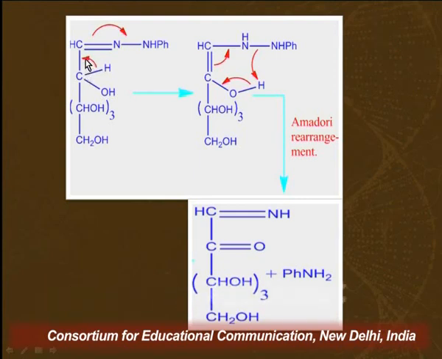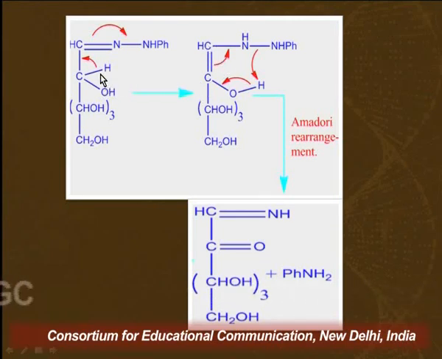And now see, if there is a double bond between carbon and carbon here, and we have a double bond here also, that means the valency of carbon is 5, which is not possible. So what happens immediately is that these pi electrons will migrate onto this nitrogen. Now this nitrogen will have a negative charge on it. Since it has a negative charge on it, this proton migrates from here to this nitrogen, right? So this is what we get here in the first step.